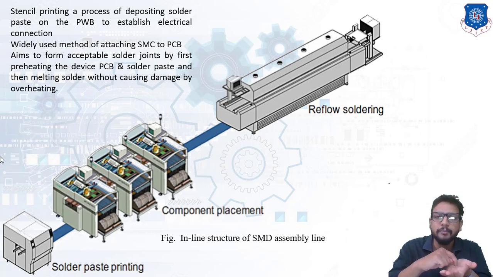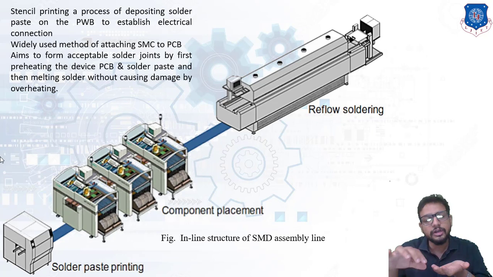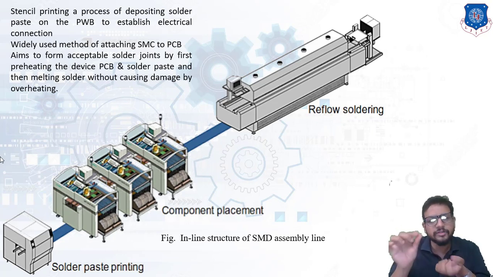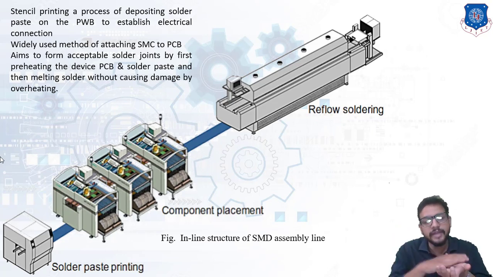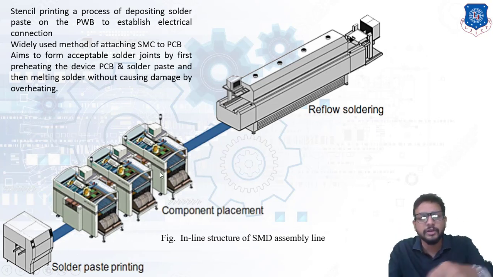So that process of applying the copper on that circuit board by using a stencil is called solder paste printing. Now after solder paste printing, you must have observed that several components, like cylinder type components, are also placed on that circuit board. So basically a component placement is required. The next process is component placement, where a component is placed at a particular position